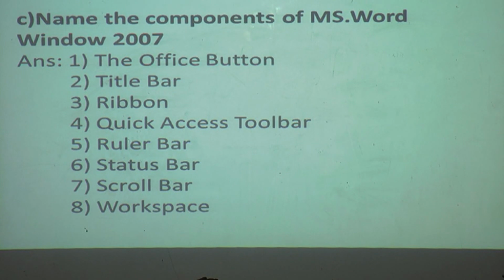Office button, title bar, ribbon, quick access toolbar, ruler bar, status bar, scroll bar and workspace. These are the components of MS Word. If you do not complete with me, then no problem, I will send you the PDF, at that time write in your skill sheet.